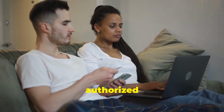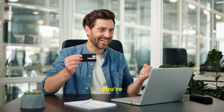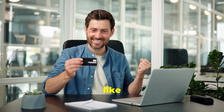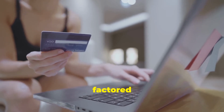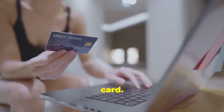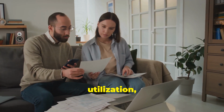All right, becoming an authorized user on someone else's credit card can be a fantastic way to boost your credit score, especially if you're starting with limited or no credit history. Essentially, it's like getting a shortcut to a better credit score. When you're added as an authorized user, the account's history gets factored into your credit report, even if you don't personally use the card. This means you benefit from the primary cardholder's positive payment history, lower credit utilization, and longer